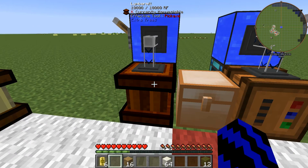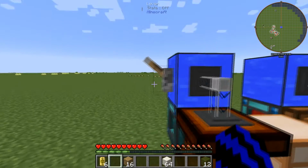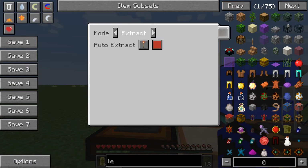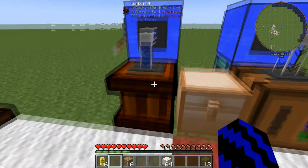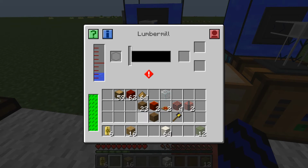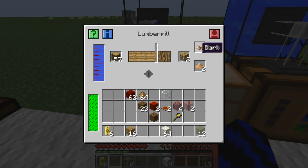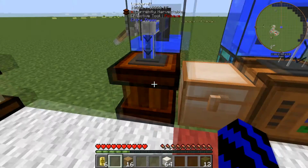And the lumber mill is the last machine I'll show you. So if we flick this on and set it to always extract, give that water. This is pretty simple. This works pretty much like a sawmill. Chuck it in, off it goes. This will give you sawdust and bark. There's not so much use for bark, but if we grab the sawdust